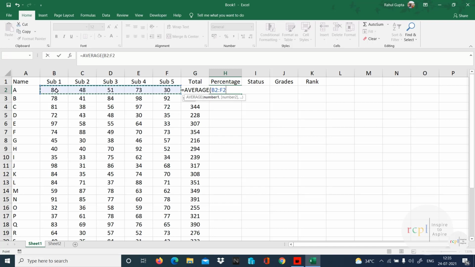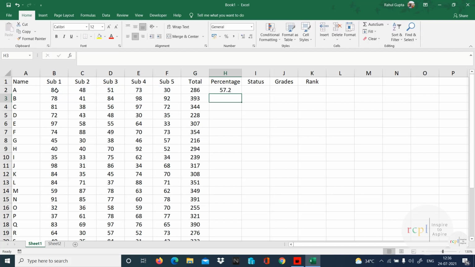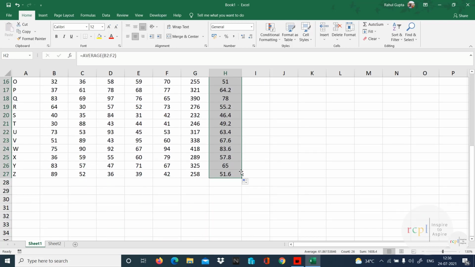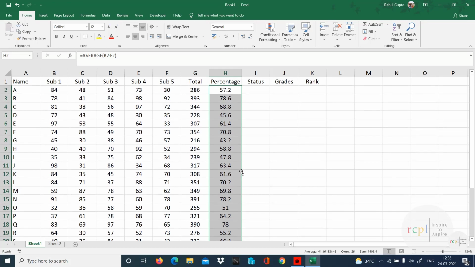So I'll select all these 5. It's equal to AVERAGE B2 colon F2. It's going to give me the average of these values. I got 57.2. Let's drag, and we got it in all of them. But as it is written percentage, we require the percentage to be there.